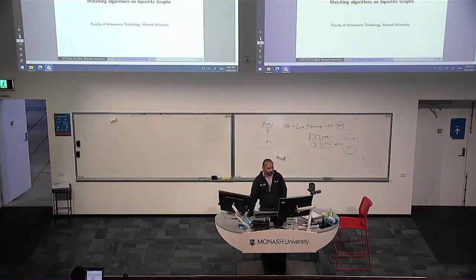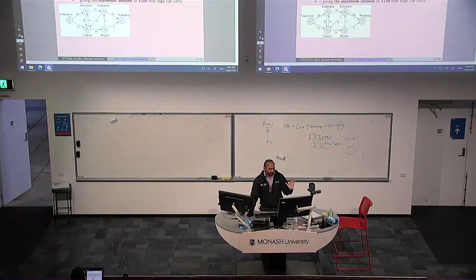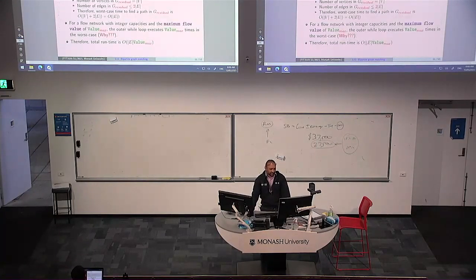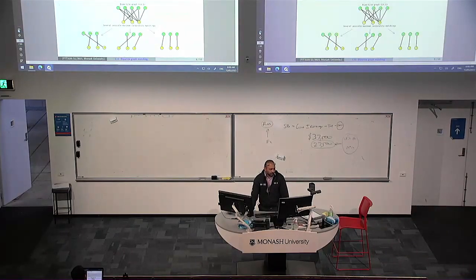So most of this slide, I just wanted to give a heads up that we'll come to this in a bit, but much of the red highlighted slides are non-examinable, so don't worry about them. They're basically talking about Ford-Fulkerson analysis and so on. So let's actually start with some very simple